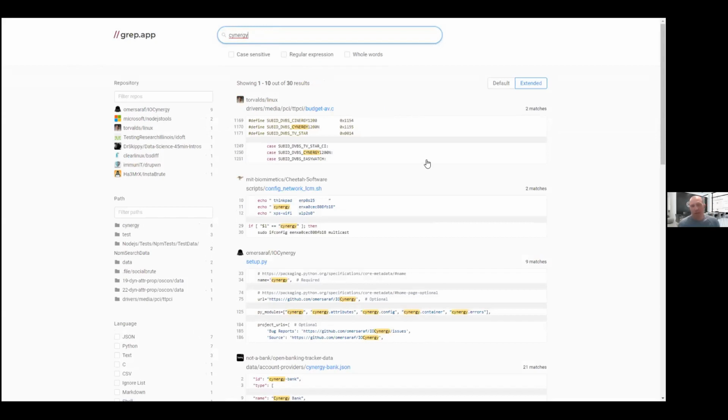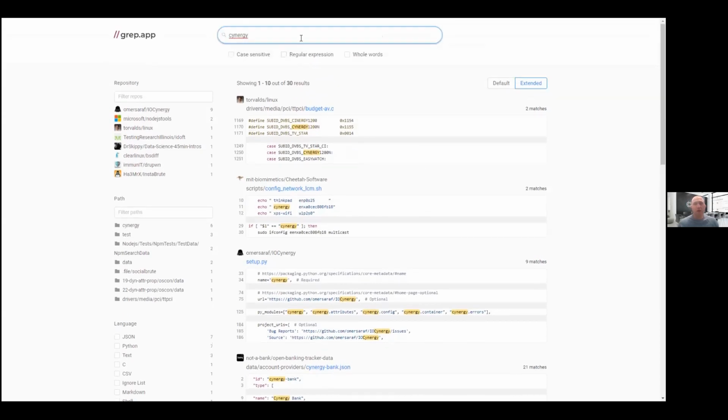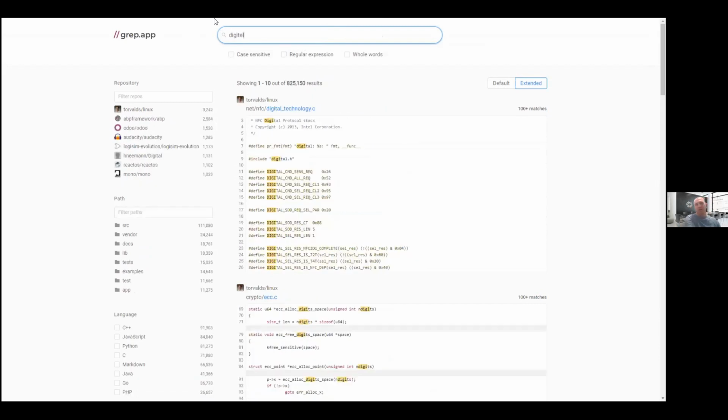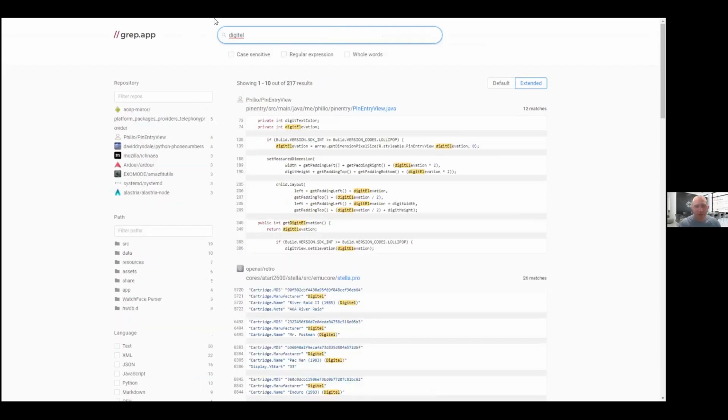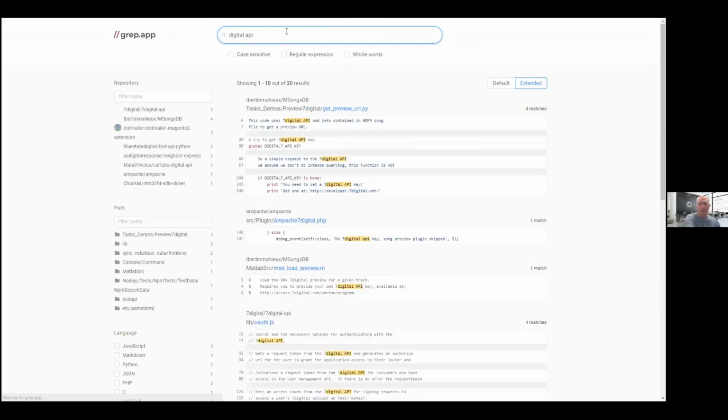Now, from an attacker perspective, many times these Git repositories also include API keys. So if we go to our code presenter, Digital Shadows, and I don't want to be very specific, but I'm looking for Digital, and I want to search for API keys that maybe are relevant.